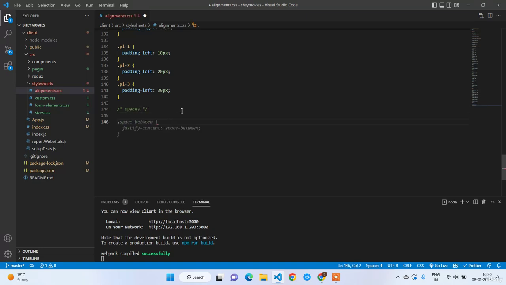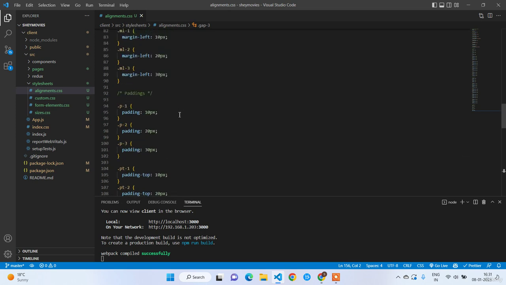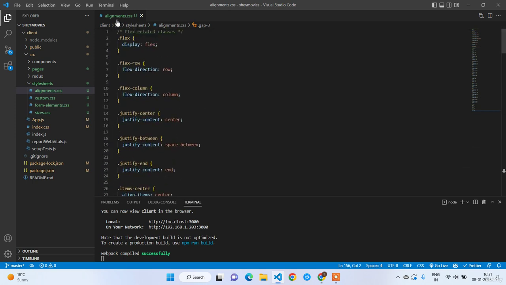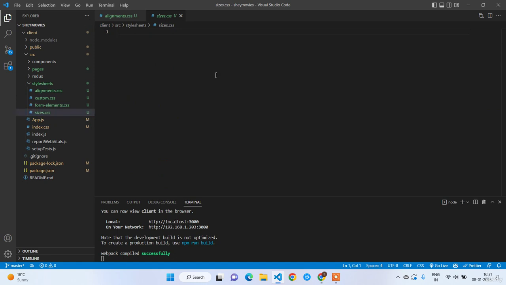So dot gap 1, gap 1, gap 2, gap 3. That's all. So we are done with the alignments. So without any movement, let's go to the sizes. So in the sizes, first I am going to have H screen. First I will start with the heights, H screen,